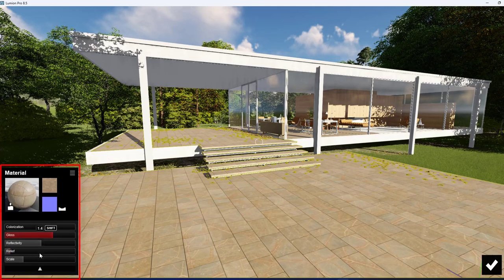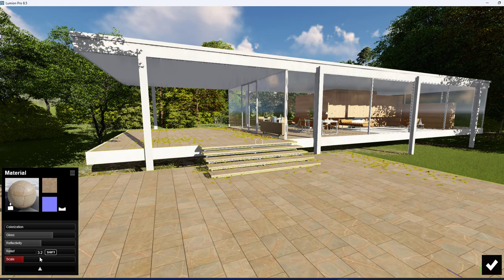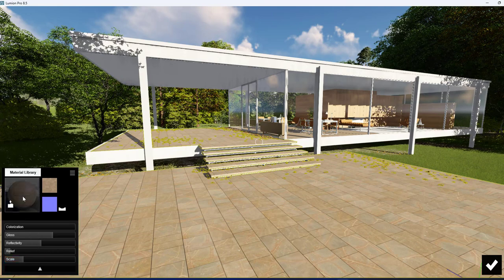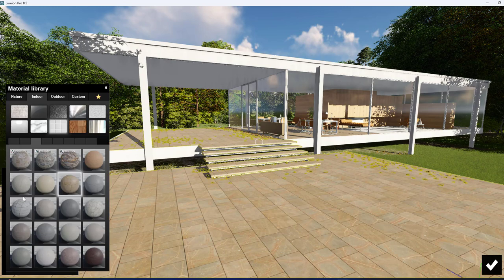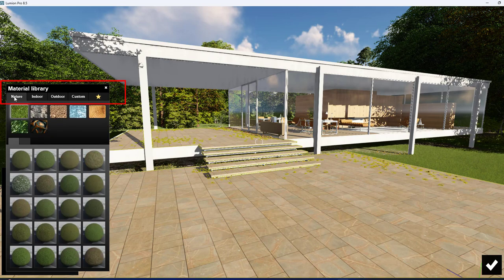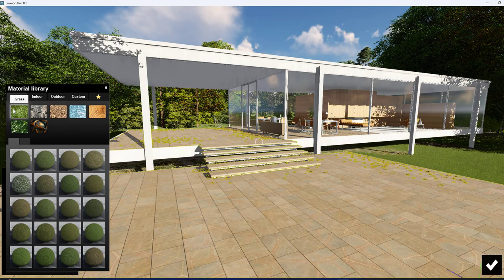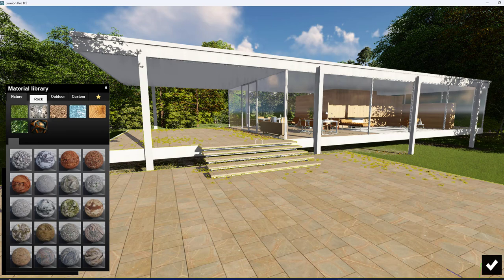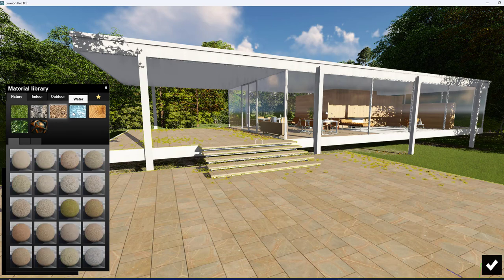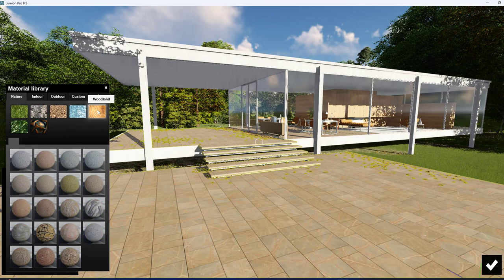But if you want to edit, then you can go with these options, or else if I want to replace with the other material, then again I click on the sample model. Then I will get the different categories. Here you can see nature category. So if you want to apply a grass to your ground, then you can go with the nature category, or else if you want to apply the rock, then you can go with the rock. Soil, water for the swimming pool to show river and all the stuff, you can go with water. And then wood we have.